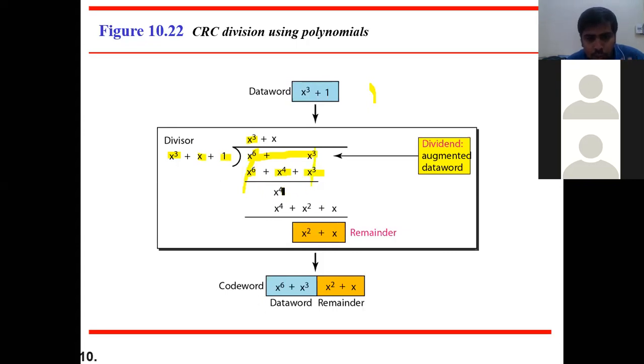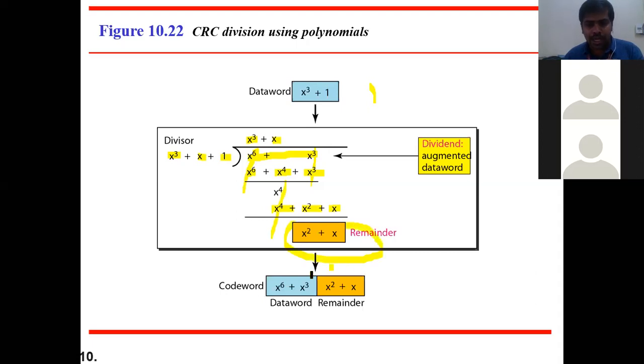Then what is remaining now? Only x4 is remaining. To match the x4, with what do I have to multiply? X cube into x, then I will get x4. Then x into x, x square. Then 1 into x, x. Then again check. This will be struck out and neglected because it is the leftmost bit. Then I am left with x square plus x. Then check: the coefficient of the remainder is x square, and the coefficient of the divisor is x cube. When the coefficient of the remainder becomes less than the divisor, we cannot proceed further with the division. You have to stop your division here. Then this will become your remainder.